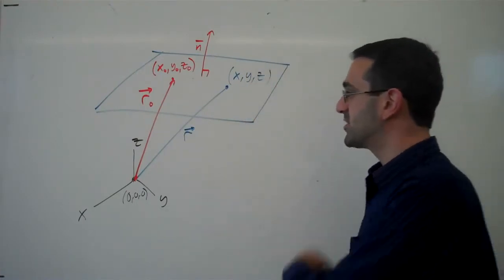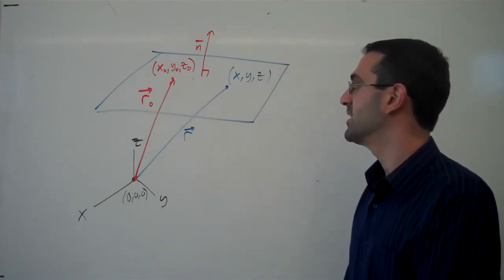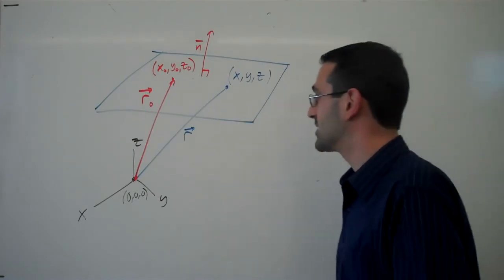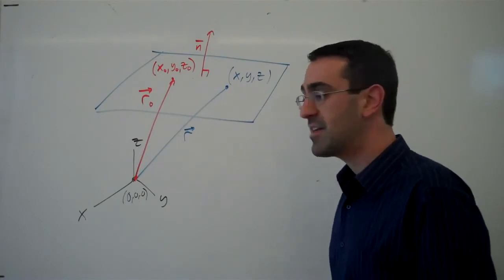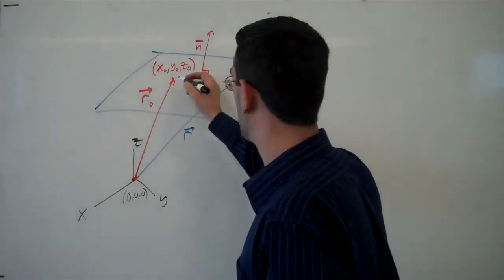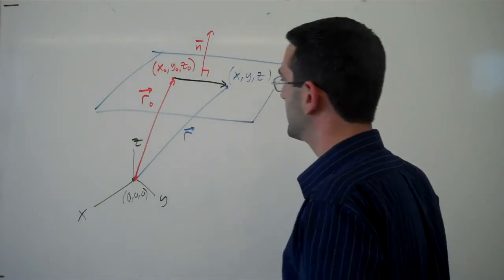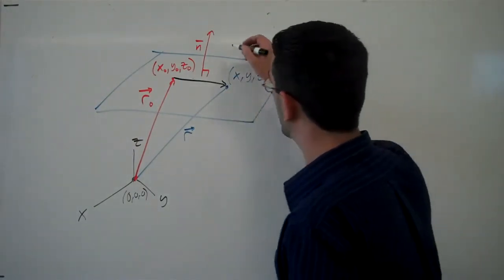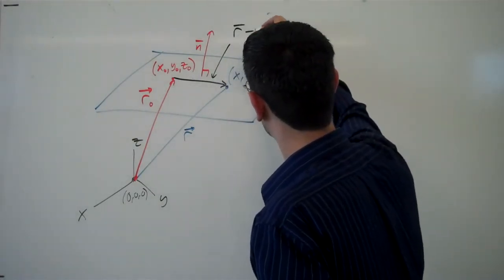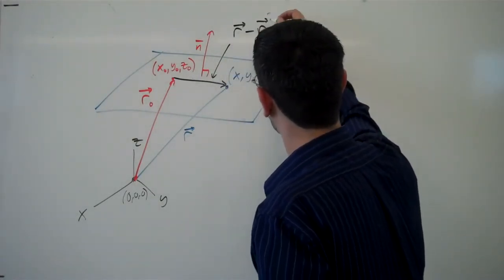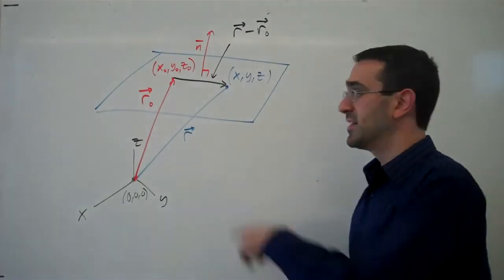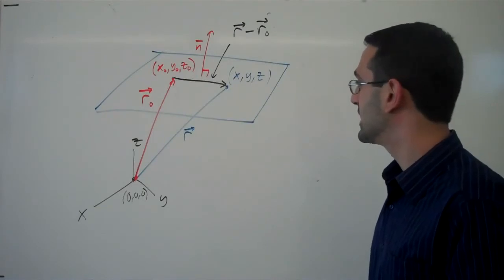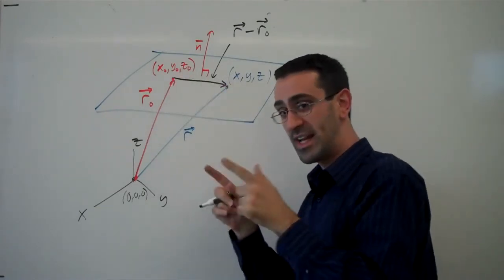Now, between these two vectors, we can find the difference vector. So we can find the vector r minus r naught, right? And that vector is going to run from r naught to r. Okay, so that is the vector r minus r naught. This vector lies in the plane, or at least parallel to the plane, and because it connects 2 points in